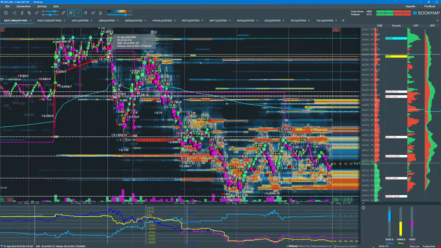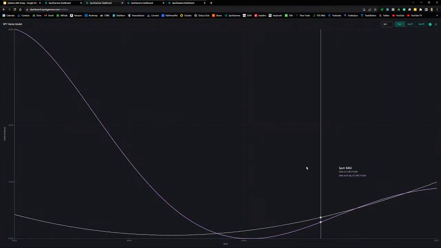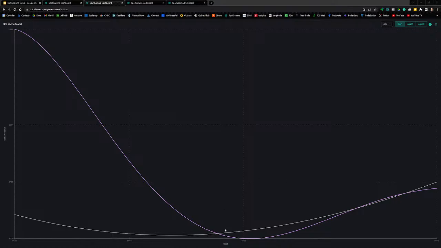So the S&P 500 reversed lower around the 453 level, traded down to 450. Let's go take a look at the Vanna model. So here's 453, still in a pretty neutral position. And then if we move down to 450, it looks like market makers were, this is not